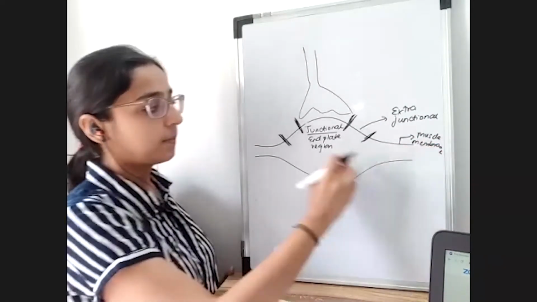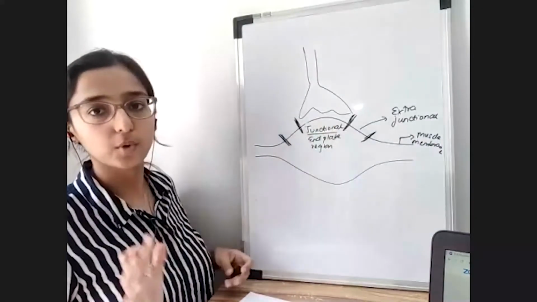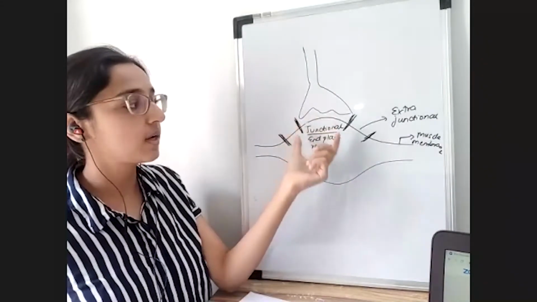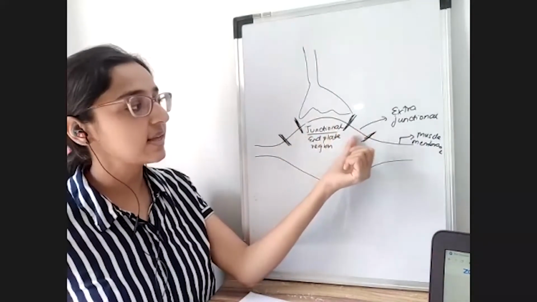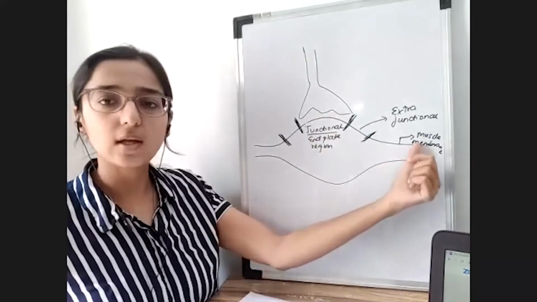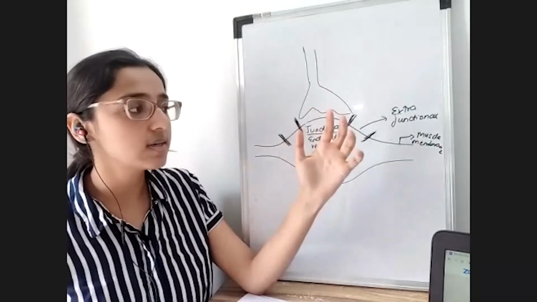Basically, this is also muscle membrane, but it's given a name, junctional and extrajunctional portion. This is known as the junctional portion because it's forming a neuromuscular junction with the nerve endings. And this is extrajunctional because it's located adjacent to the junctional area. And this is the remaining muscle membrane. So now how does succinylcholine act?